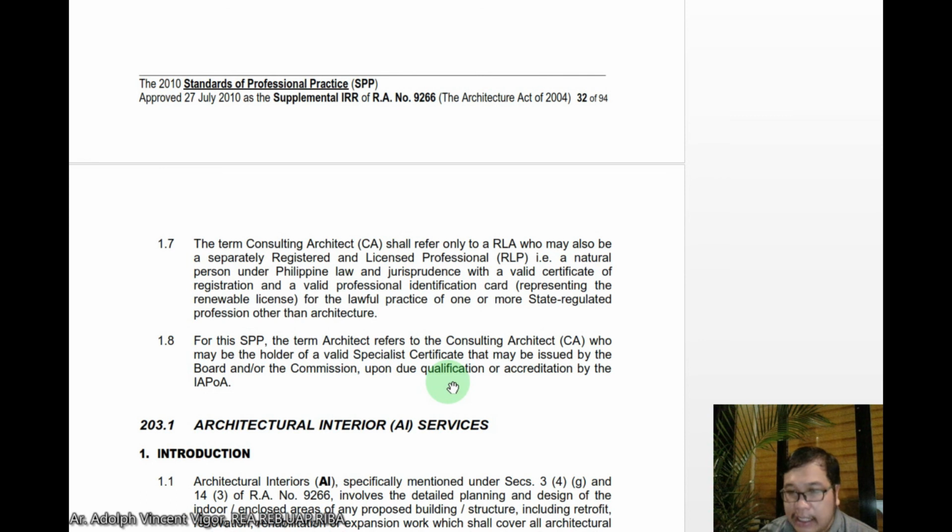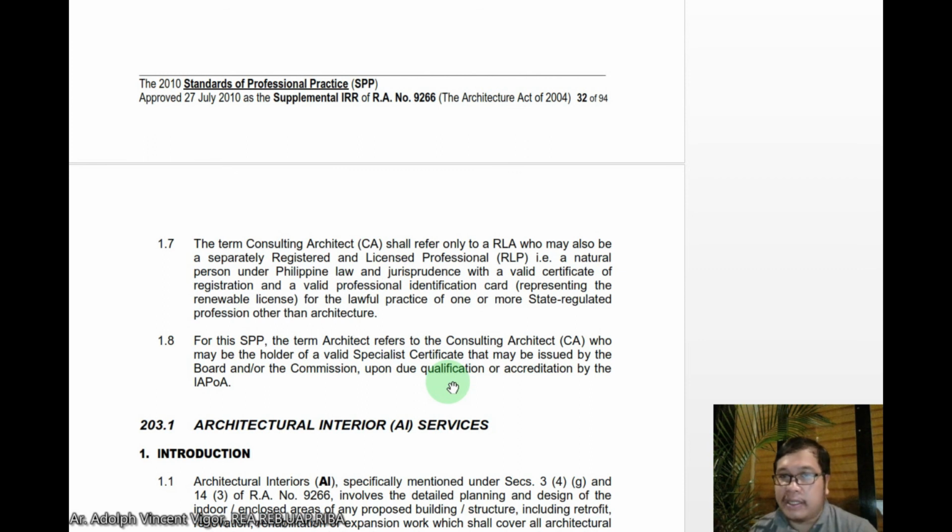Like for my case, class, I'm not only a licensed and registered architect, I'm also a licensed real estate broker and a licensed real estate appraiser, which means that I can sell properties and I can appraise the value of the property also. Okay? For this SPP, the term architect refers to the consulting architect who may be the holder of a valid specialist certificate that may be issued by the board and or the commission upon due qualification or accreditation